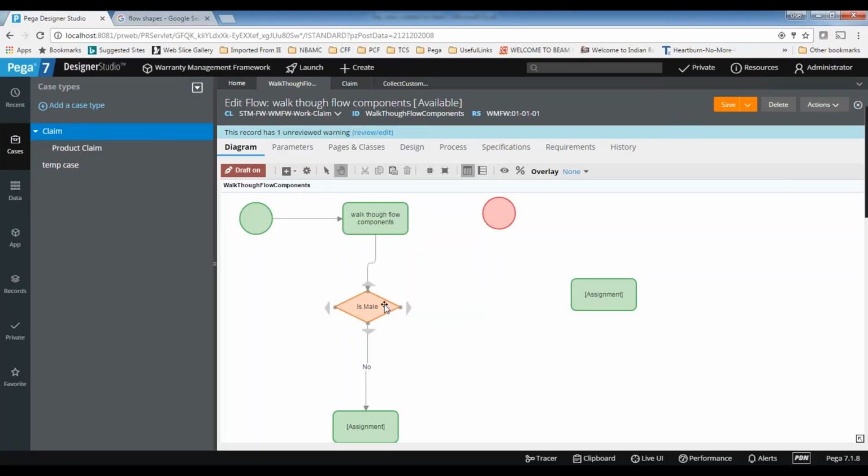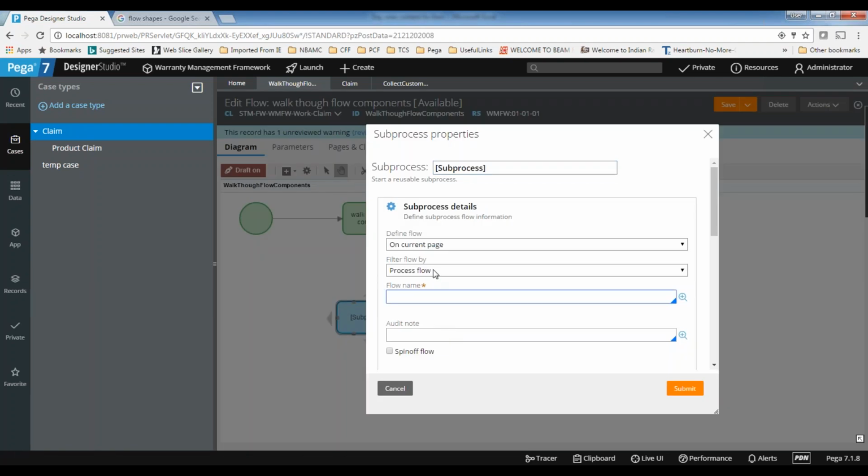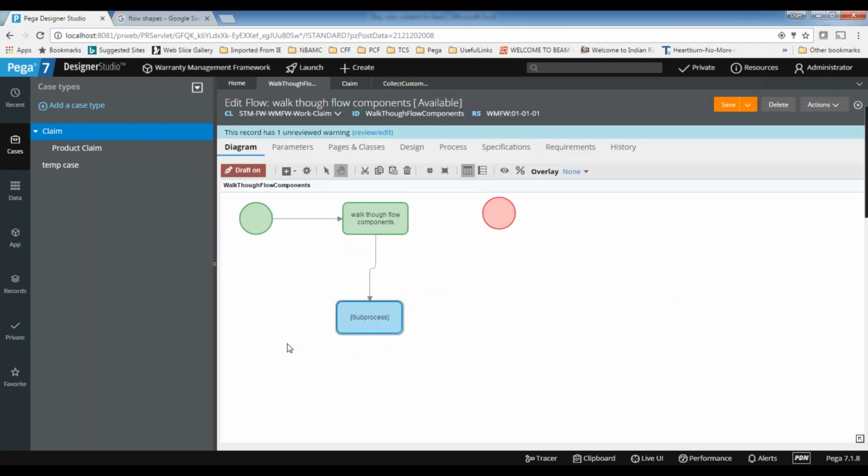And then the next one is sub-process. As the name indicates, this is a process and this is a sub-process. That means if you want to call another process, another flow rule, from this flow rule, you can use sub-process. Sub-process is useful to call other flow diagrams from this flow rule. It displays all the flow rules. You can see a lot of flow rules are there. So if you want to call customer info from this flow rule, you can use that one.